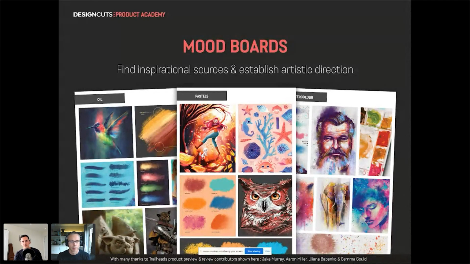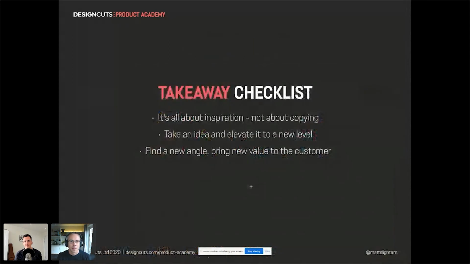I love it. So yeah, whatever floats your boat basically. But make notes over the top of it as well. Scribble, make notes. Say, what about this? What about that? Or that's a good idea. Or this brush would be nice. Or that's nice. Oh, look at this. Get yourself excited. But the takeaway for this is it's about inspiration.